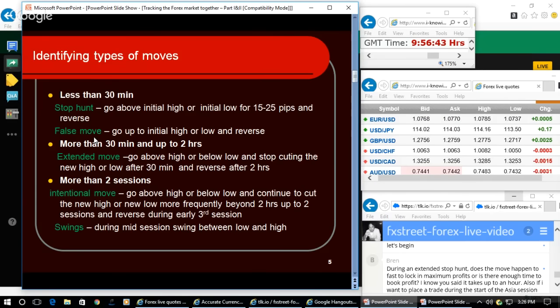Stop and the false move they make in less than 30 minutes during the start of the session or during the end of the session. During gap time, they make the false move, or before the data release, they make the false move. Then the extended move, they alternate with the intentional move. They quickly drop and hold at a lower level without breaching the new low, but without going above the initial low. Then you think, okay, Australian dollar is not having strength, it might go down, but actually they go only up to the new low, and start gaining it. If needed, they will make a brief downward stop and start gaining it.